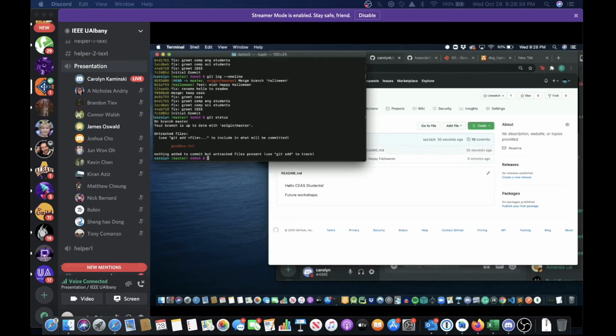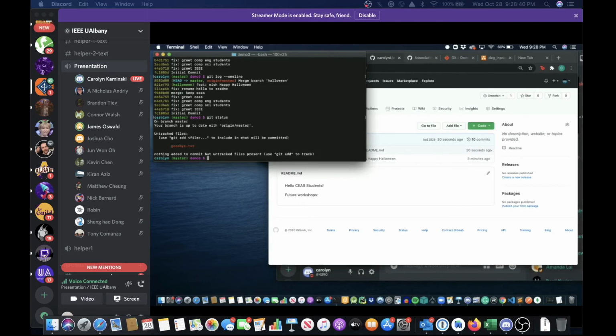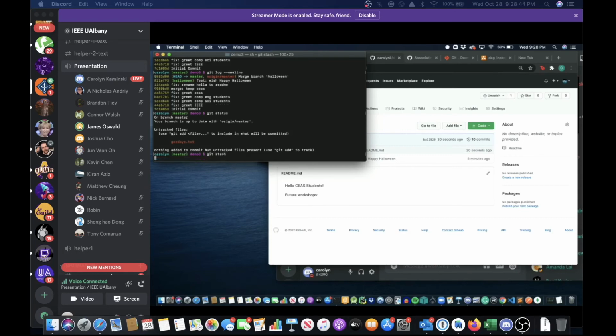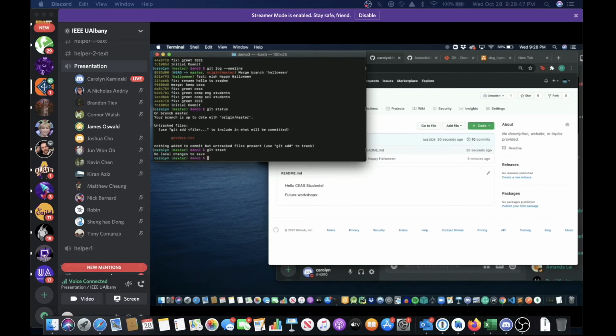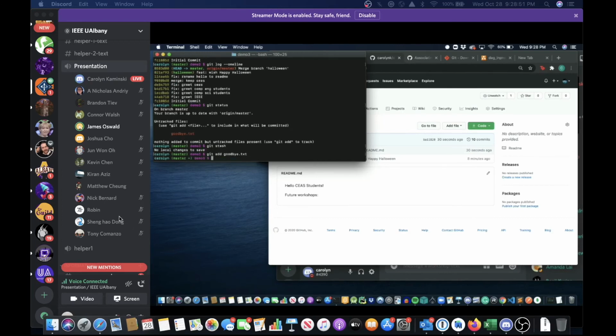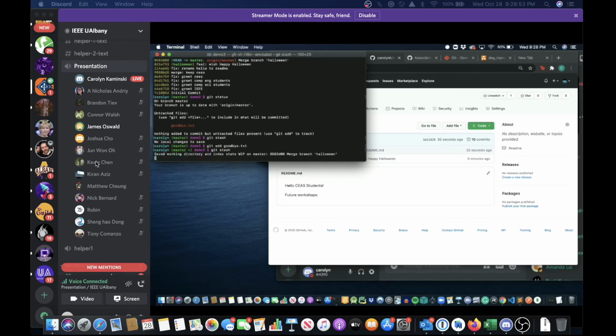Well, anyways, say I need to pull more code and I don't want to delete what's currently my thing. I haven't decided if I really want to push this. I don't want to commit it yet, but I don't want to delete it either. You can say git stash. Let's add it to our repository with git add. And then we'll say git stash. And then if you say git stash list,